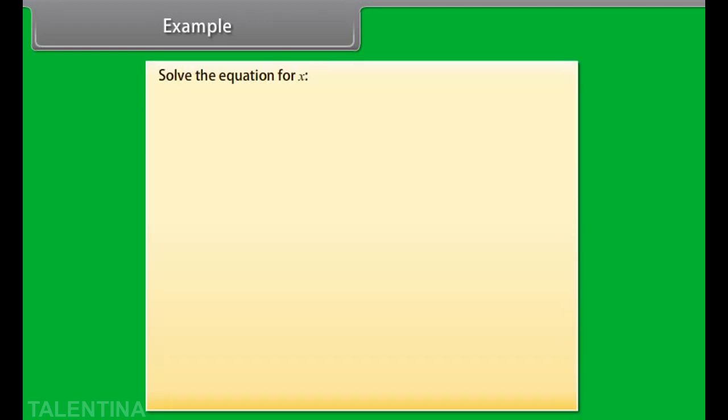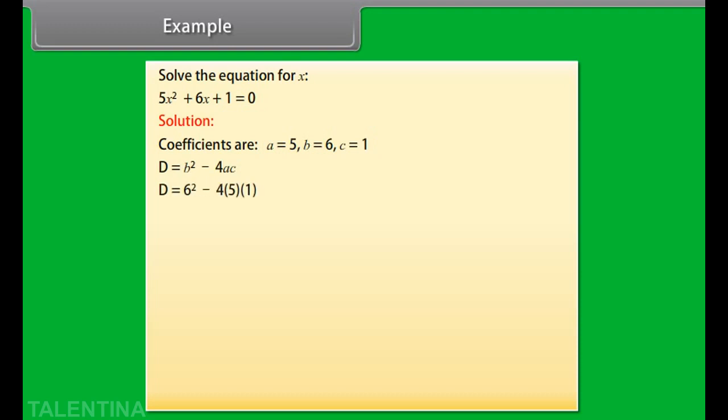Example: solve the equation for x. 5x square plus 6x plus 1 is equal to 0. Solution: coefficients are a is equal to 5, b is equal to 6, c is equal to 1. d is equal to b square minus 4ac. d is equal to 6 square minus 4 into 5 into 1 is equal to 16,